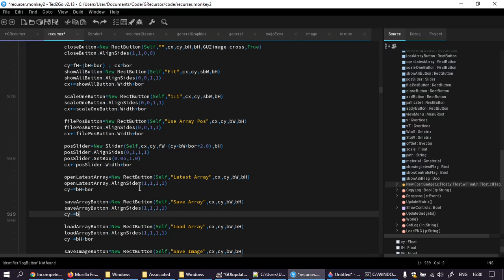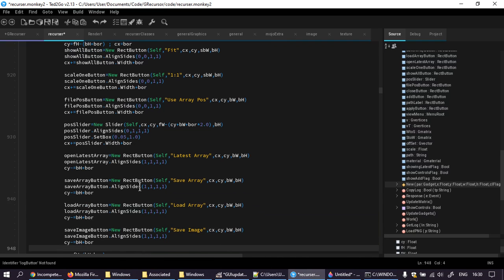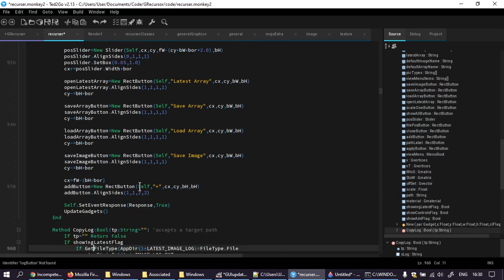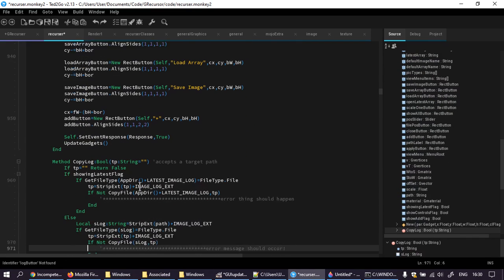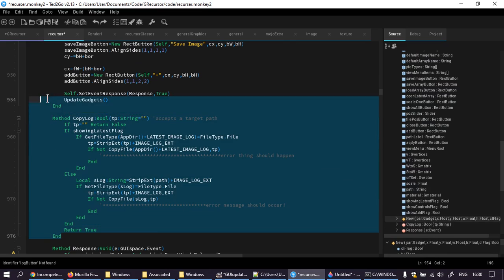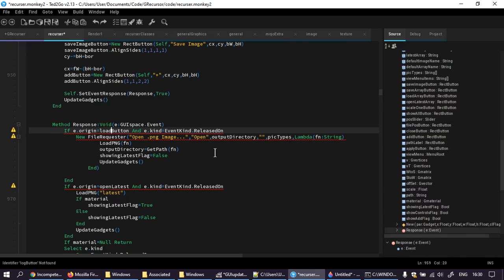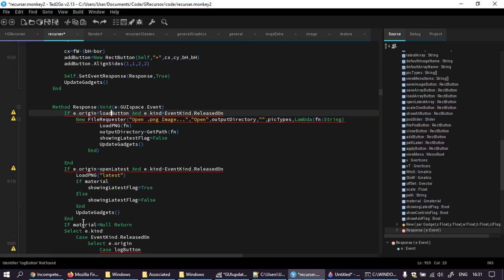Minus equals button height plus border. Load array button. Save image button. Okay. So, buttons. Copy log is a thing that no longer exists. Response is a thing that exists. So, like before, regardless,